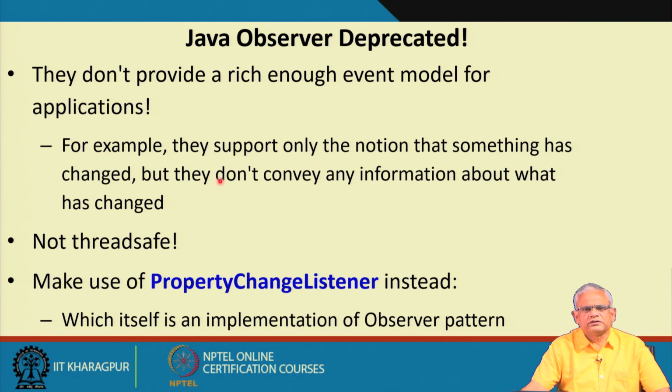The observer cannot express interest in an event or in a particular type of change, and get called only when that change occurs. Here the observer is called irrespective of the type of the change, and these are some of the shortcomings of the observer pattern. And now the property change listener, we can consider this to be an implementation of the observer pattern, and in present Java programming we can use the property change listener whenever there is a need for something like an observer pattern.